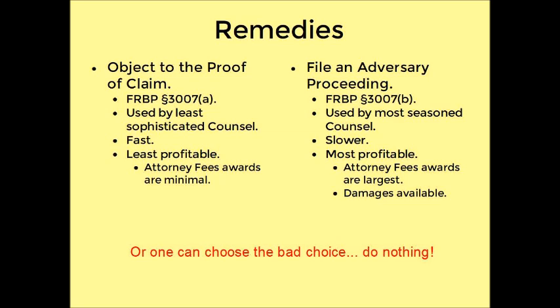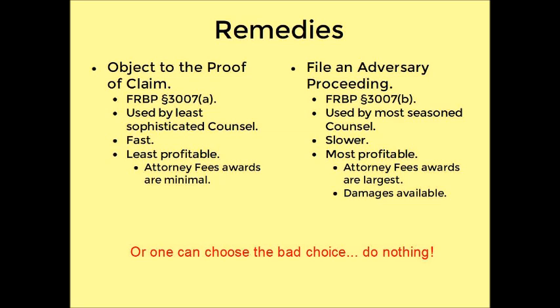Filing the adversary proceeding is something that's not well understood by a lot of persons. Everybody goes to the objecting to the claim and don't realize that under Federal Rule of Bankruptcy Procedure 3007(b), you can object to a proof of claim in an adversary proceeding. So why would you want to do that? The objecting to the proof of claim under 3007(a), it's no question, it's the easiest. It's just filing a motion objecting to the claim on the grounds, and is generally used by the least sophisticated counsel. It's fast,